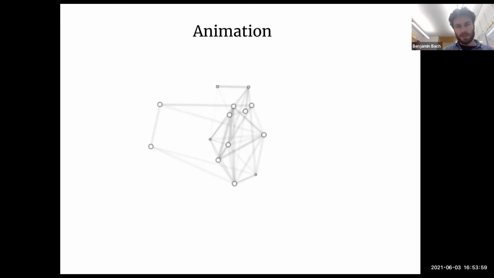So if you constantly have new edges coming and going, the network is constantly changing in such a force-directed layout approach. Of course, in reality, everything is a bit more complicated and nuanced, but animation is quite good at showing you that links are coming and going, but it can really disrupt